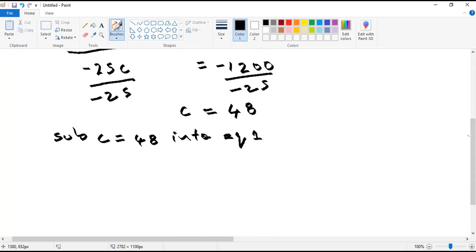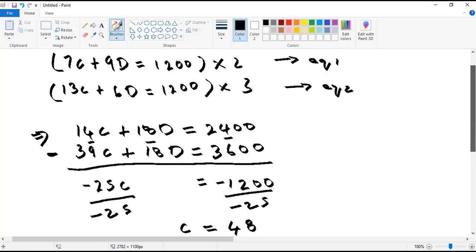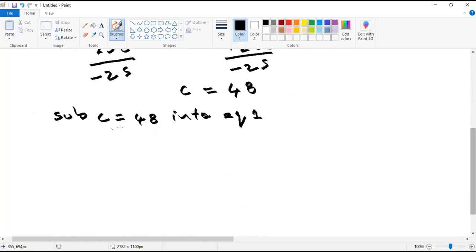I haven't labeled the equations, but usually I would tell you that the first one is equation one, the second one is equation two. Just refresh your mind with those older videos of how I set it up. So we have 7 times 48, plus 9D,